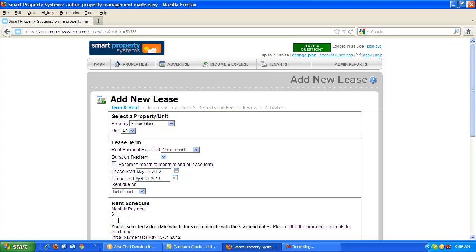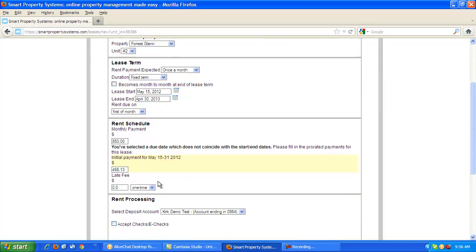Then I'm going to come in and I'm going to put what the rent is. Now, one of the things the system is going to do is it's going to say you selected a due date which does not coincide with the start-end dates. In other words, I'm specifying the 1st of the month, but the tenant's moving in on the 15th. The system is going to say fill in the prorated amount. So what's going to be due for the 15th to the